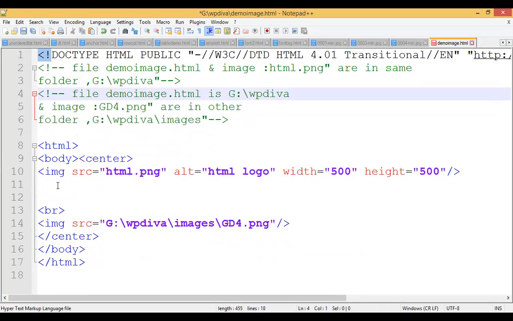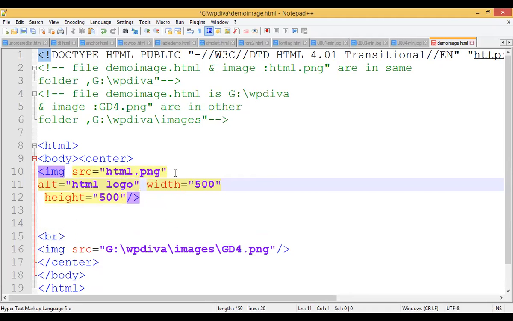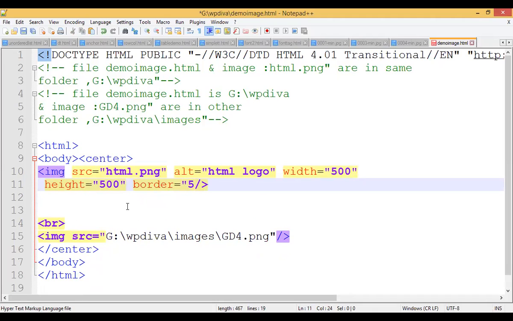Now see here, I will set another property. I will take height on the next line. It will not show an error, guys, just like your C program. You can write the attributes on every line like this, but give a space between one attribute value and the next attribute. There should compulsorily be a space. You should not write them immediately together. Now I will add the next attribute here. I will give one space after height. I will take border. Again, you can take border in terms of 1, 2, 3, up to 10, 50%, 20%, 10% like this. I will take 5 and I will close it.